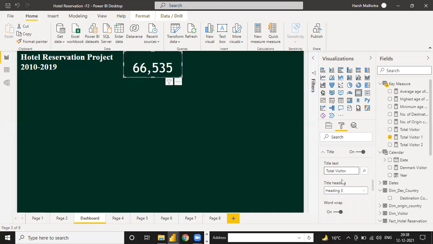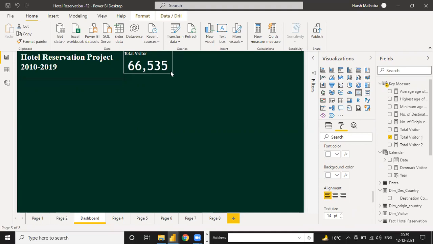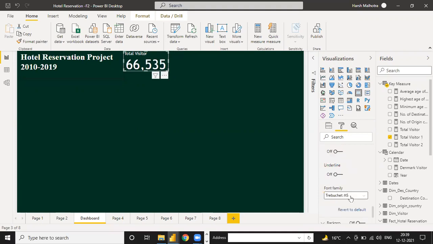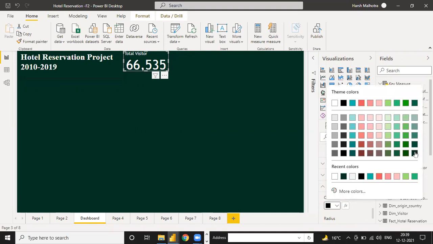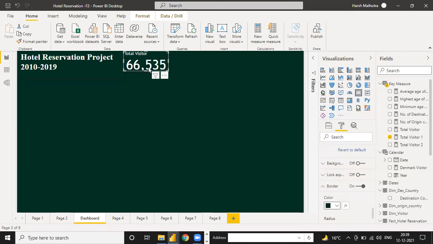Okay, total visitor, and change the font color to white. Change the alignment if you need, otherwise you can use this. Make it 14. Go down to border and shadow, select border, change the color of the border like green.